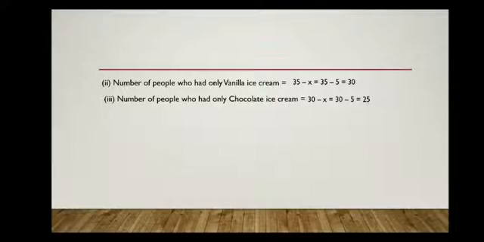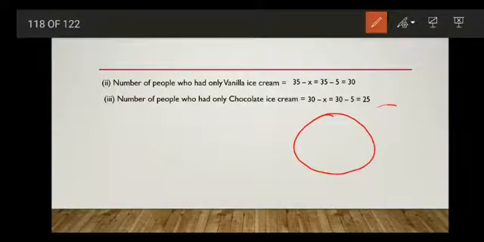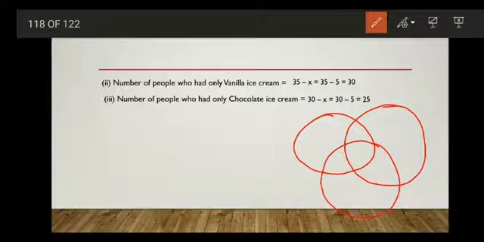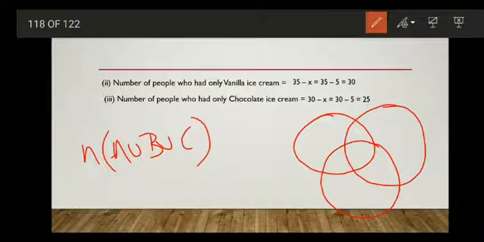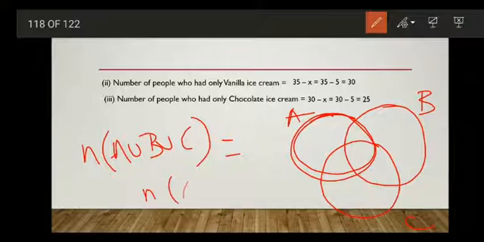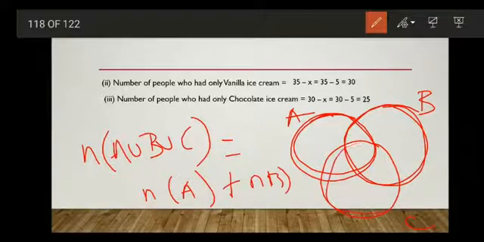Okay, till now we have seen how to find the number of elements in A union B when we have two sets. Suppose we have three sets, that is A, B and C. How to find N of A union B union C? Okay, how to do this? Suppose we take A, B and C. When you take N of A, we have counted all this portion. So N of A plus this portion is N of B, right? N of B and this portion is N of C.